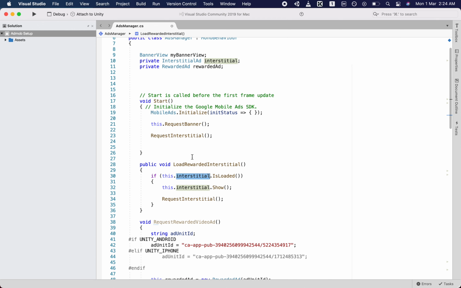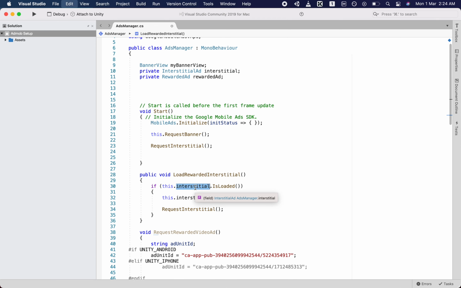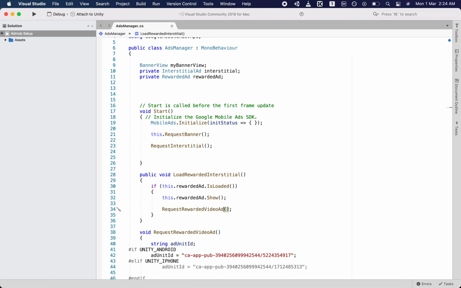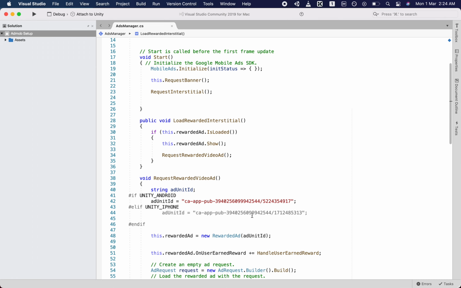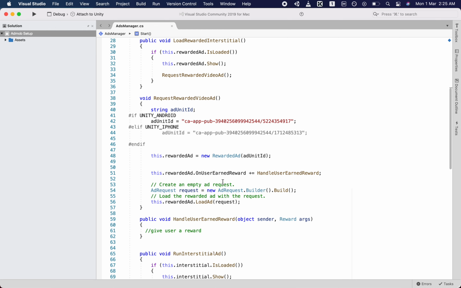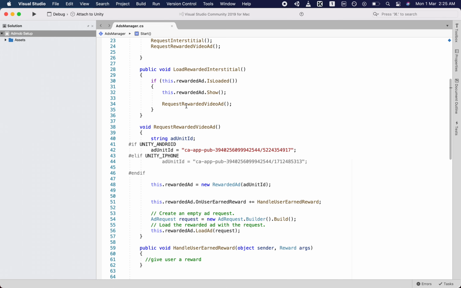Instead of interstitial, we will use rewarded video ad is loaded, then rewarded video ad show, and then request rewarded video ad again for the next time when the user clicks that button. So we are requesting the rewarded video ad at the start, so that the first rewarded video ad gets loaded. Then when the user clicks to show the rewarded video ad, we check if it's loaded. If it's loaded, we show it, and after that we load it again.